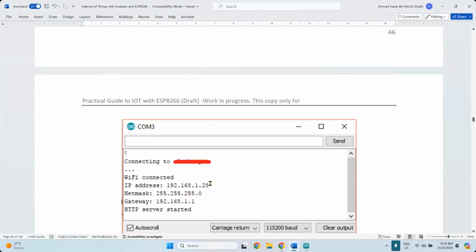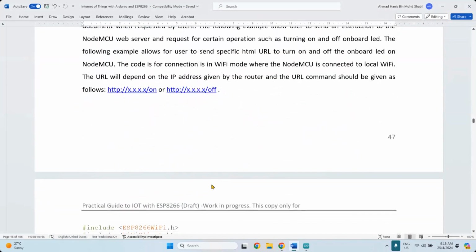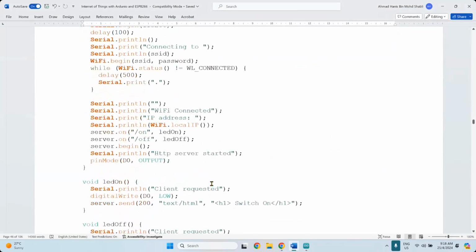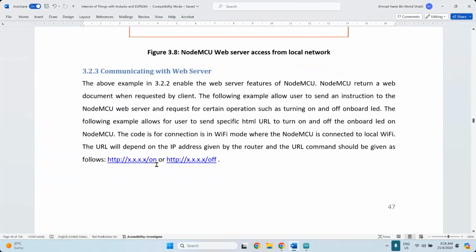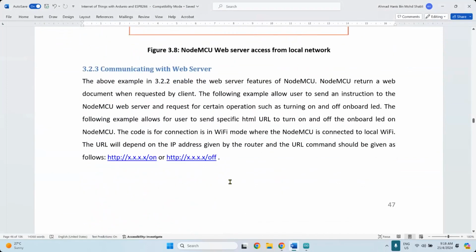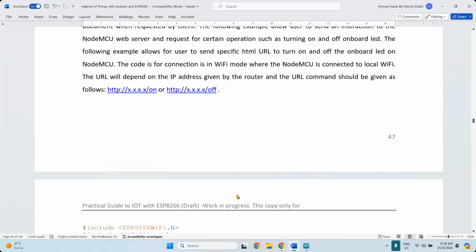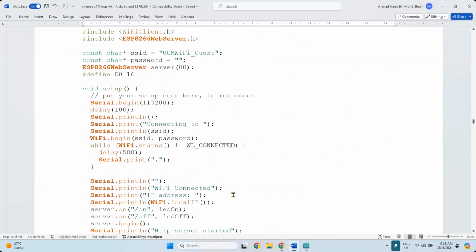So this is basically ESP8266 communication. So many things that you can do here. For example, if you want to turn on and off something, you want to provide an on and off command. Like for example, the LED on this device. So this is the example that I use. I think this is the one that still can work.